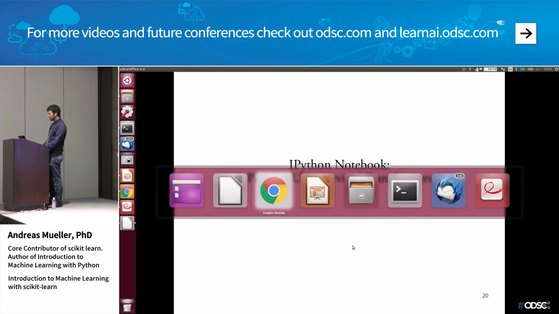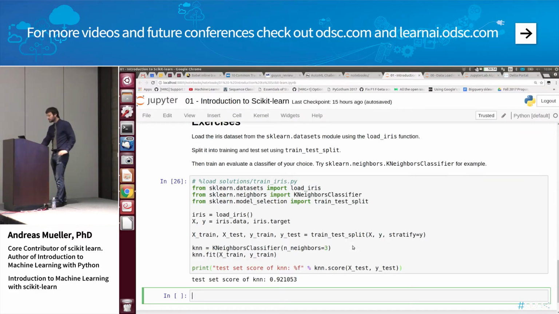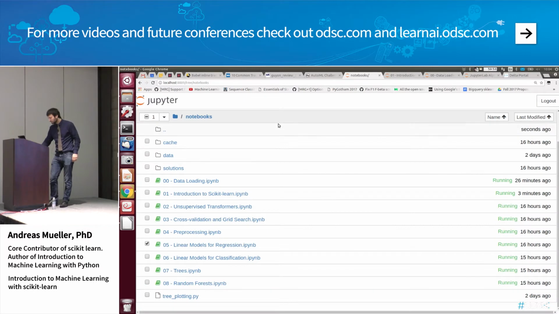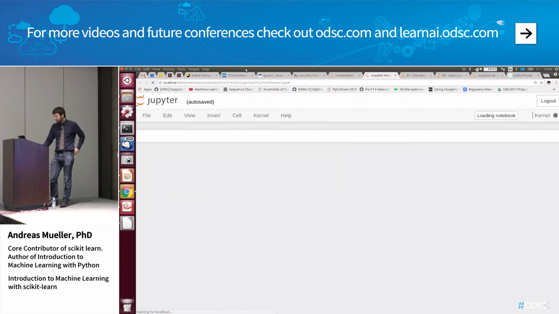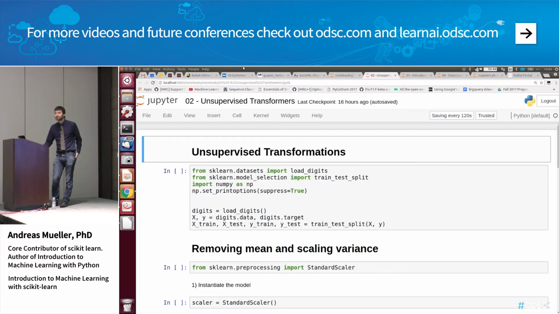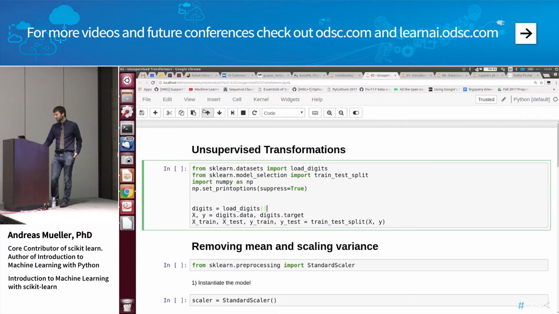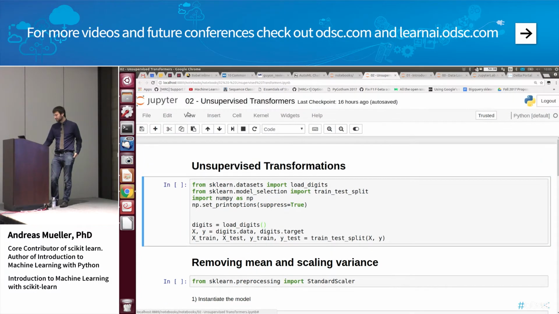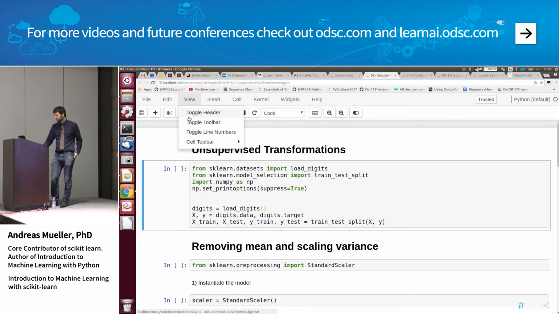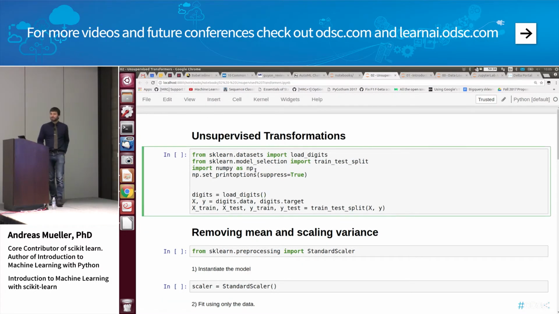OK, so let's go to the unsupervised notebook and walk through that. Yeah? So for supervised learning, we want to use predict to generate the output. Yeah. For unsupervised learning, we use transform to get the